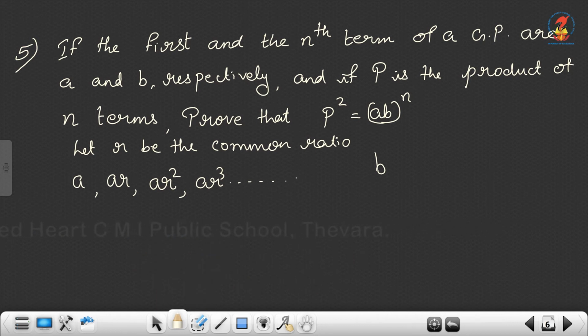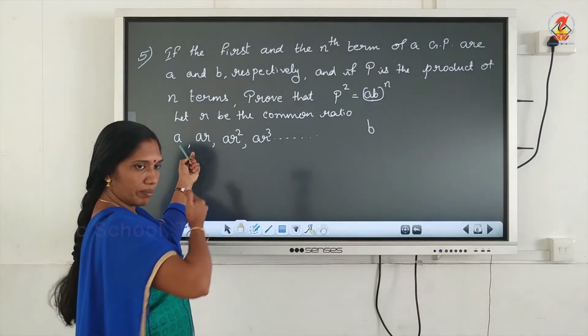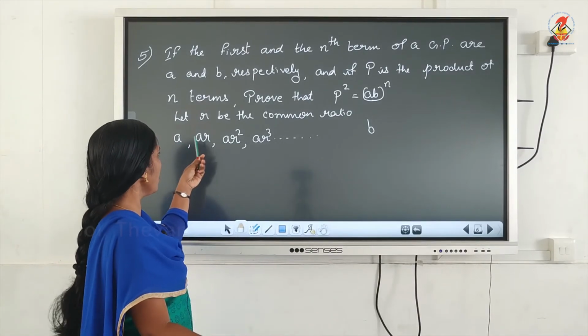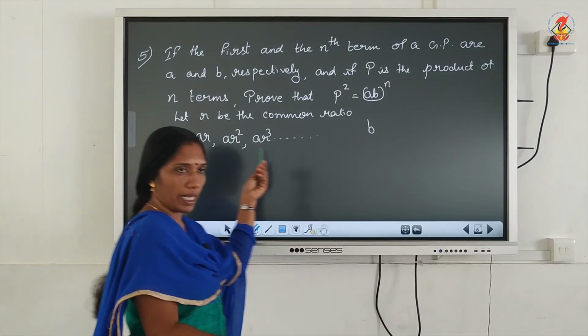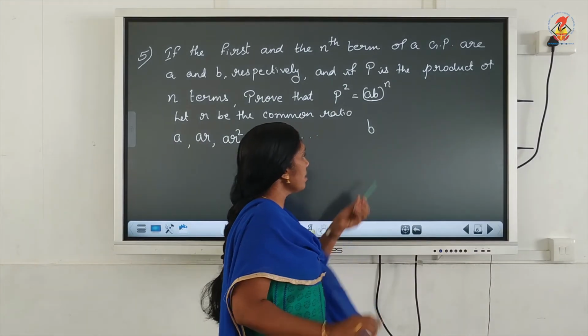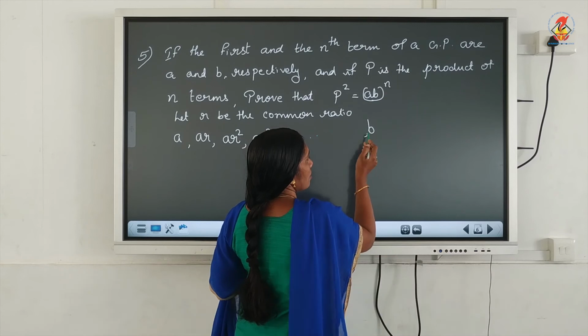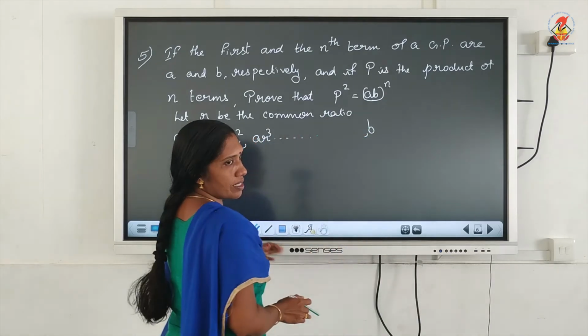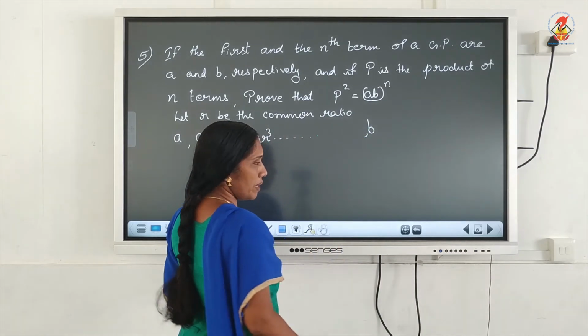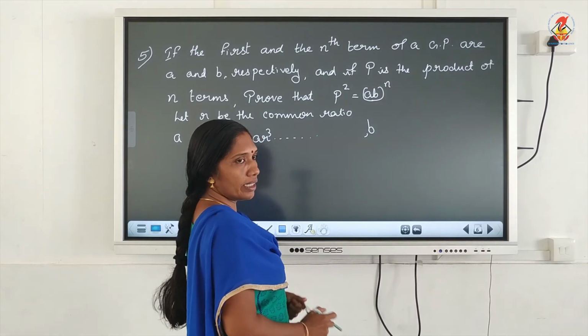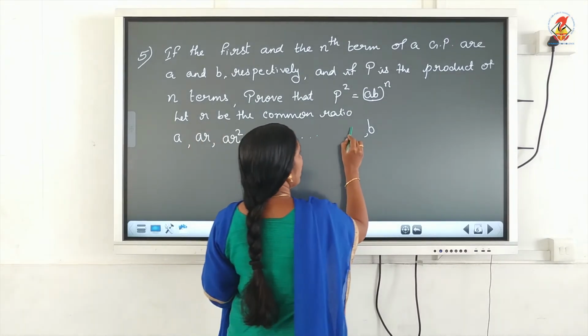So here I took the ratio as r, from the first term onwards: a, ar, ar squared, ar cubed, like that. Then the last term is given as b. So what is the just previous term? If the nth term is b, then the (n minus 1)th term is